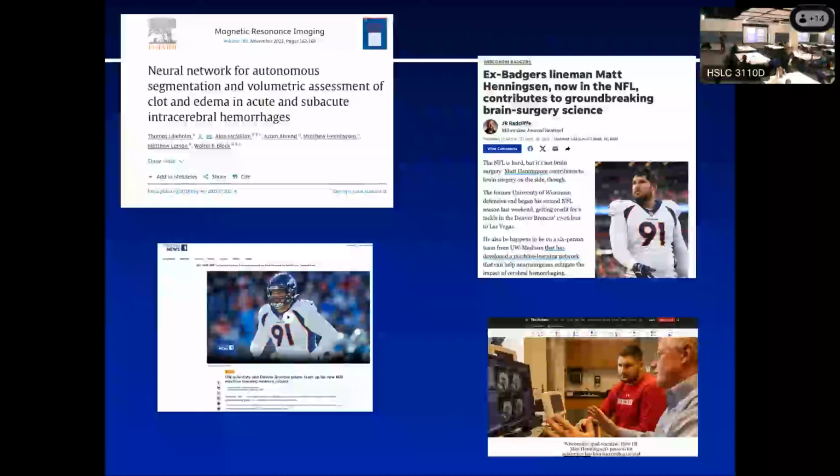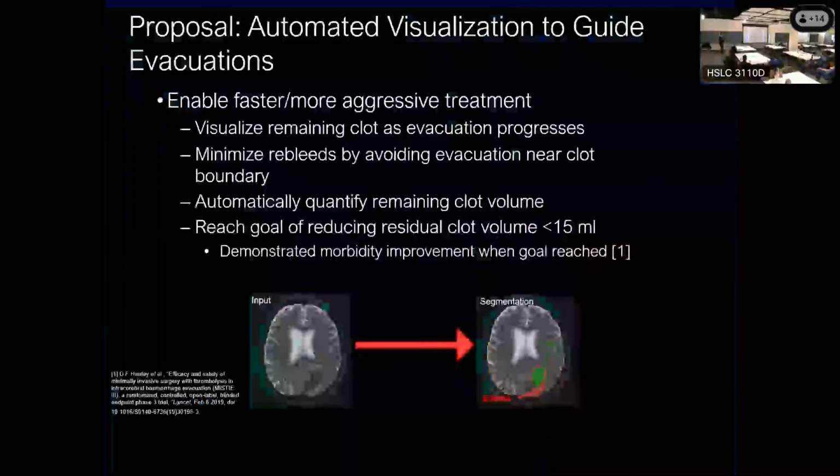One of the people involved was Matt Henningsen. He's a former UW football player here. He's currently a defensive tackle for the Denver Broncos. So this could be the first and only talk in your career where you see a co-author who is currently in the NFL. So what we did was we